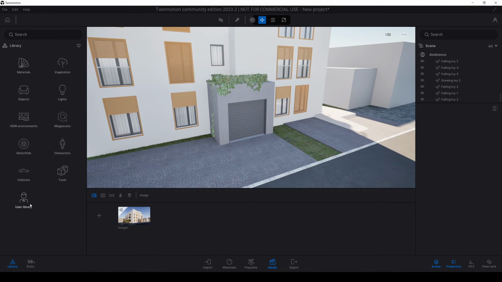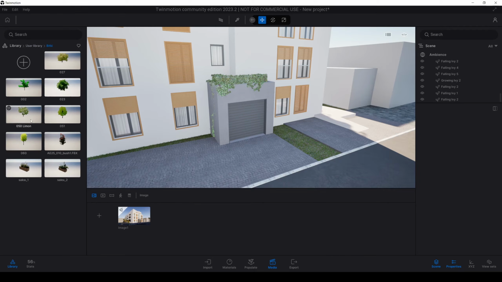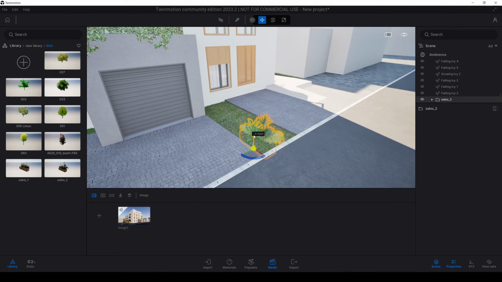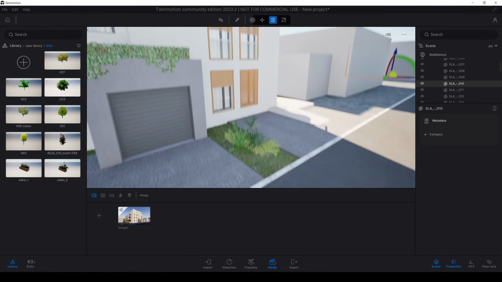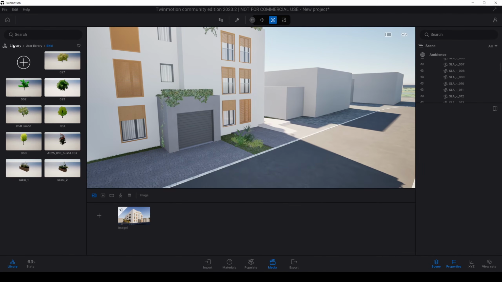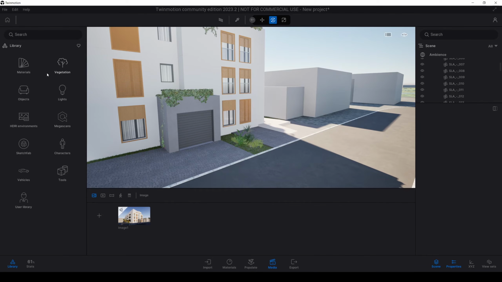You can use different libraries from outside. For instance, I have this plant. I can use this like so. Increase its scale. Or if you don't have something like this, you can always go to vegetation and bush.